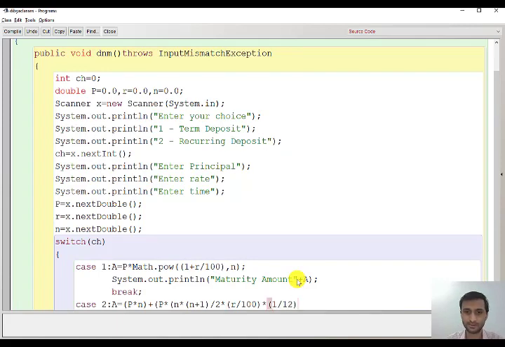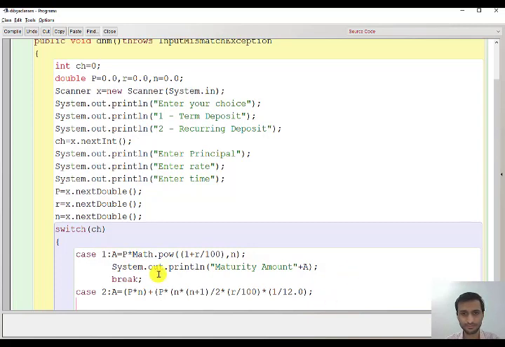Don't write 1 by 12, it is in integer form and will give you 0. Convert it to real form or mixed mode form. Then print the value and then break.